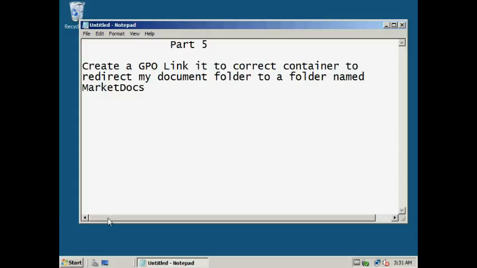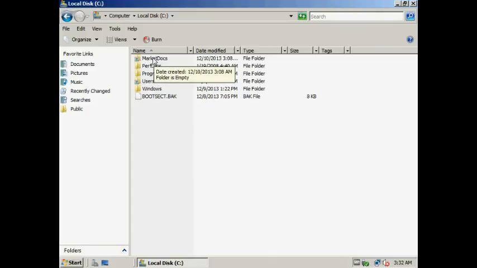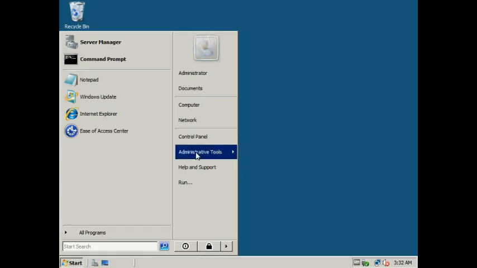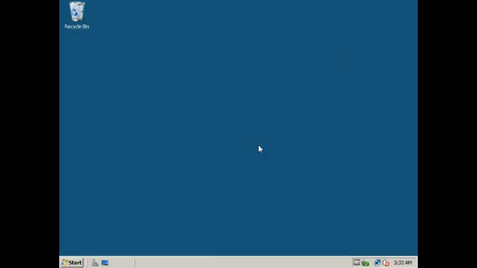This is part 5 of video 1 for final exam project. In this part, we will create a GPO link to the correct container to redirect my documents folder to a folder named Market Docs. As you can see, on my C drive, I have created a folder named Market Docs, and I made sure it was shared. We go to Administrative Tools, we go to Group Policy Management,